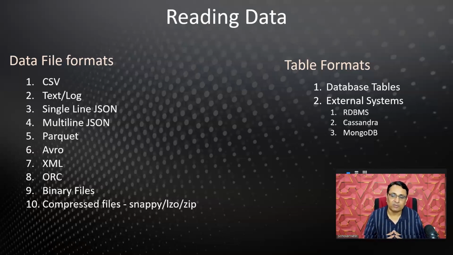And then the third type of source is your external systems. It could be anything. The list for external systems is huge. It could be relational databases sitting outside your data engineering platform. It could be, for example, NoSQL databases like Cassandra DB or MongoDB. I've not listed other things, but there is a huge list of external sources from where you may have to collect data, bring it into the data engineering platform and process it. So Spark supports a huge list of external sources also. But in today's session, we want to talk specifically only about file formats,